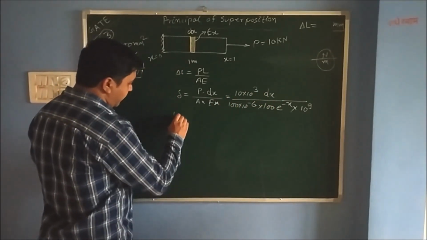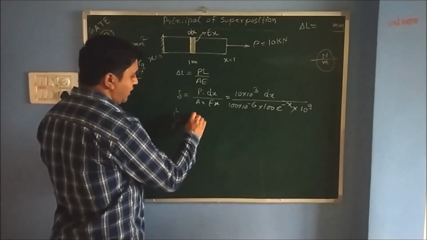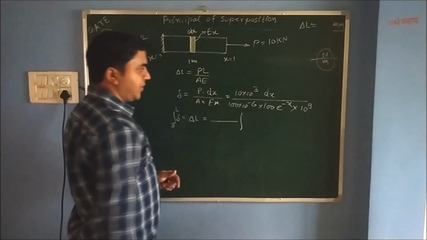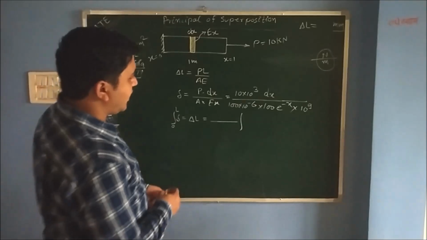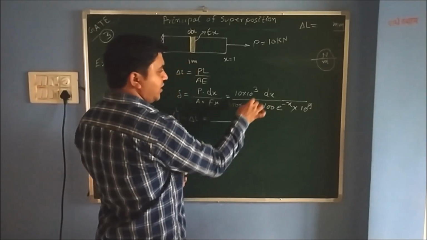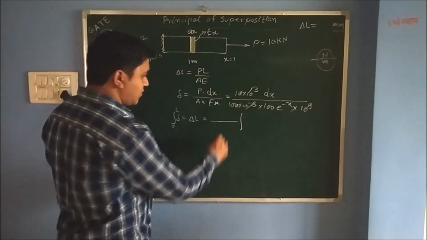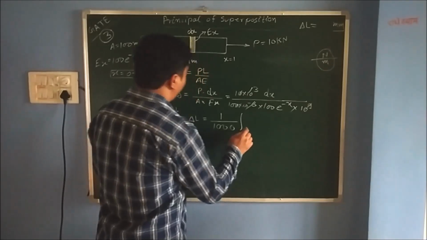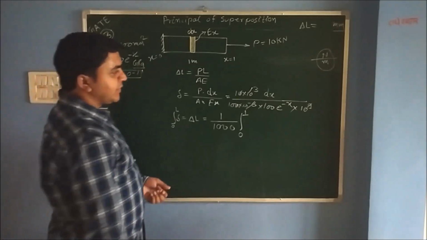So we'll integrate it. So after integrating delta from 0 to L, you will get the value of total change in length, and that integration part will have, and here I have constant part. So for constant, you will cut down the constant things. So here I have 10 raised to 9, 10 raised to 6 is there. So remaining is 10 raised to 3 only. So this 10 raised to 3 is cancelled out, and this 10 and this 10 will be cancelled out. So we get plus 1 upon 1000. And here 0 to L. L is what? 0 to 1. Let's integrate it 0 to 1 only.